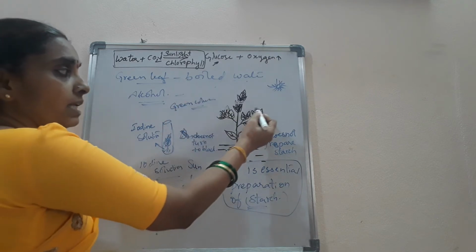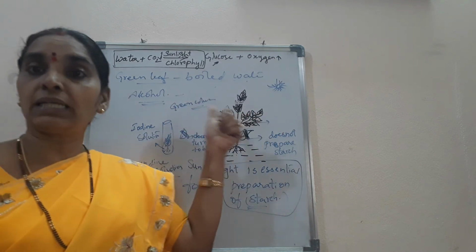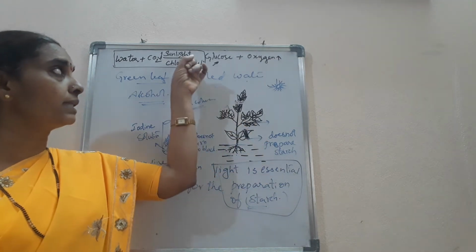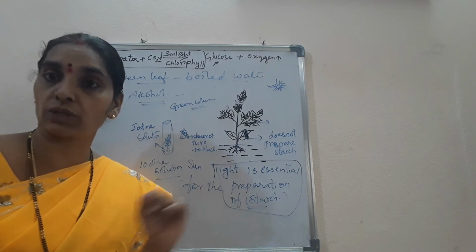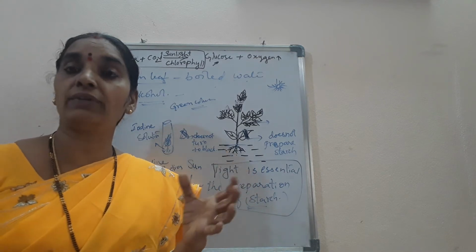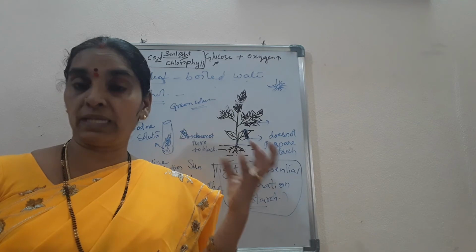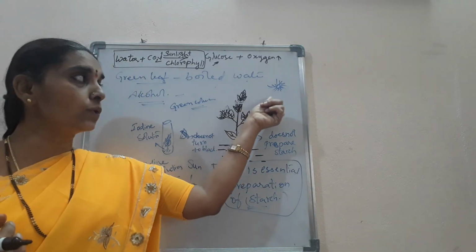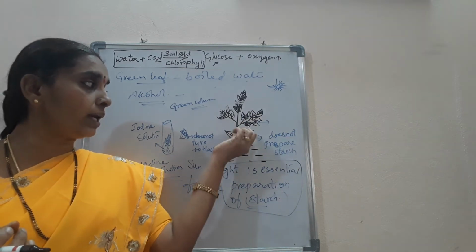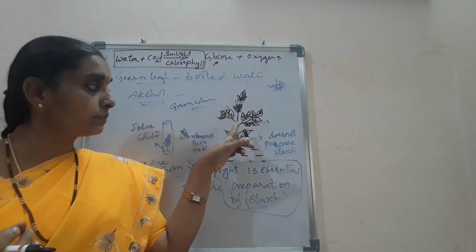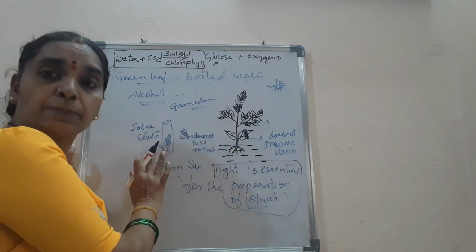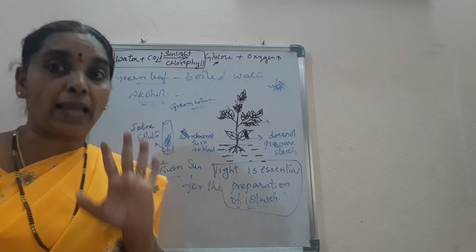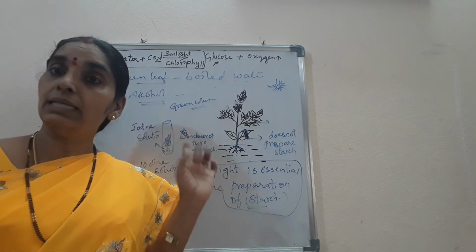So only the green parts of the leaves can take part in photosynthesis. The others cannot take part. You have experimentally proven that sunlight is also essential for the preparation of starch. How did you do the experiment? You took a broad leaf of a plant which had been kept in sunlight for 4 to 5 hours, plucked the leaf and tested it with iodine solution. You dipped it in iodine solution, then it turned black. That is, it contains starch.